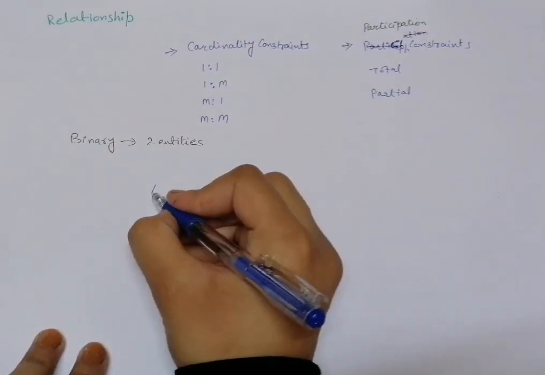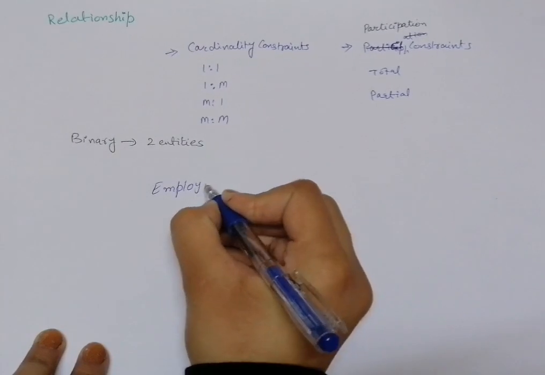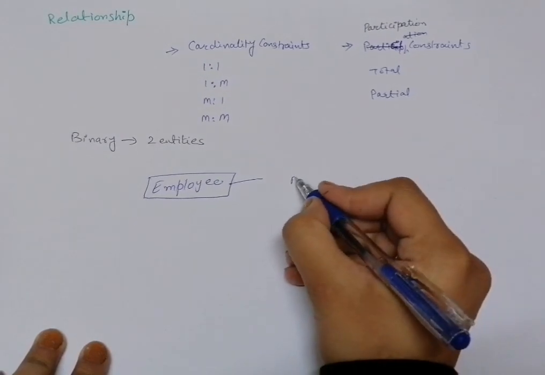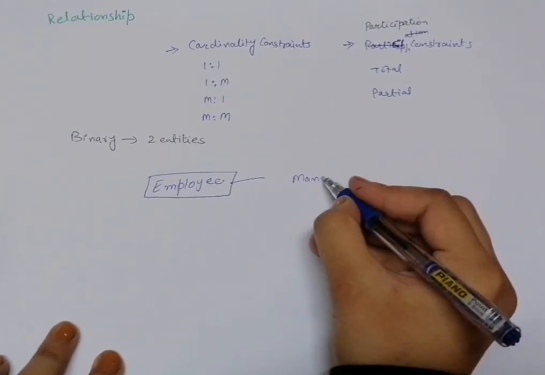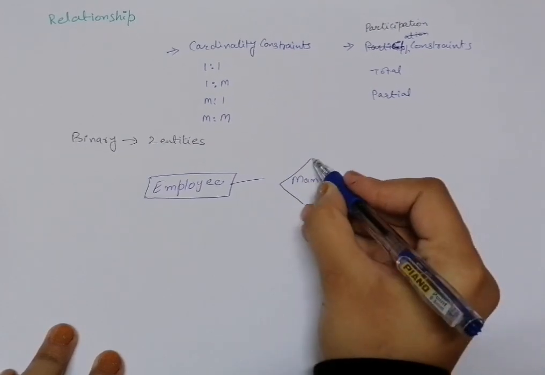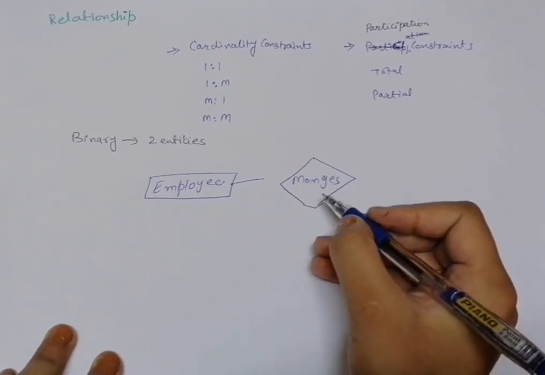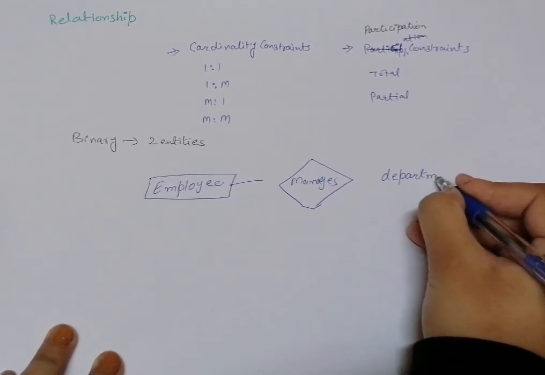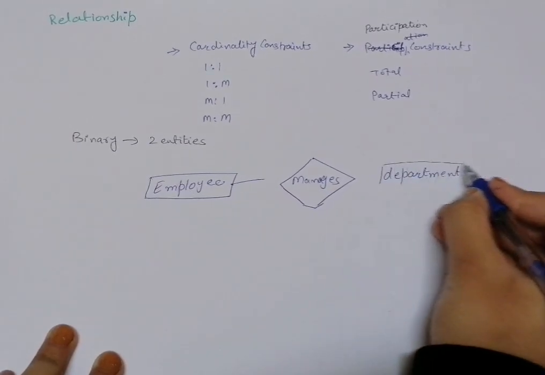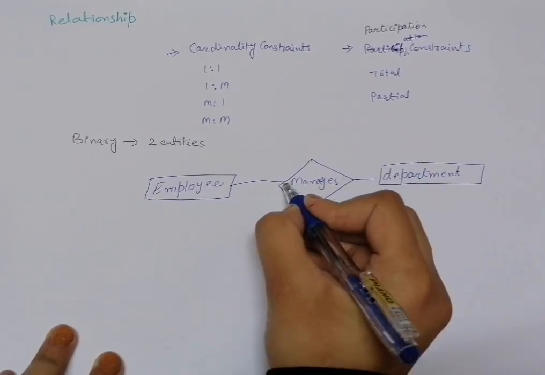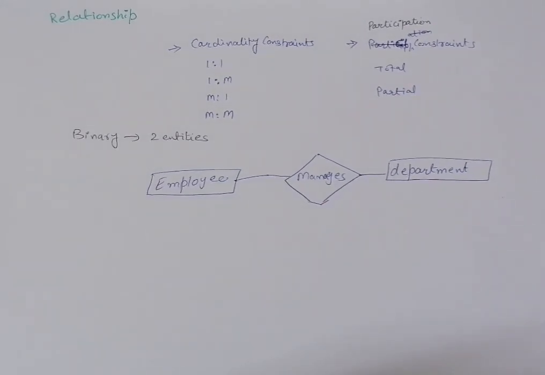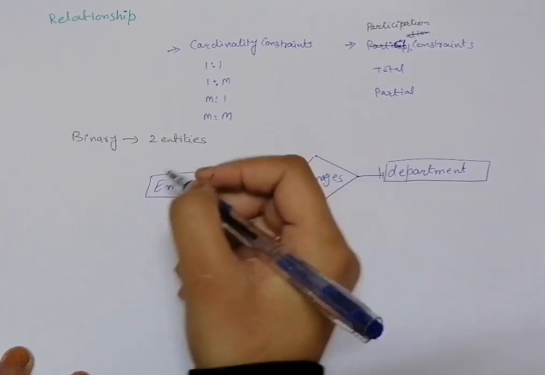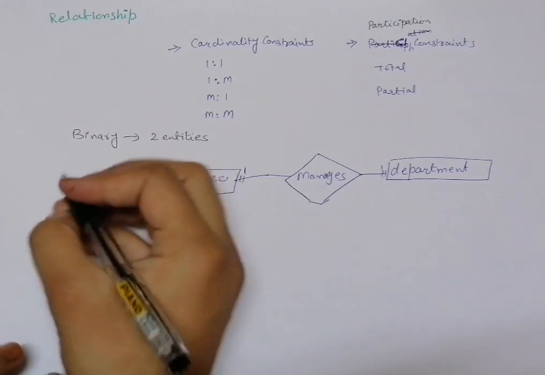Let's say I have an employee as an entity, and let's say the role it is playing is that of a manager. So employee manages, okay, let's say a department. Okay, this is binary. And what is the cardinality constraint over here? 1 to 1. One employee is managing one department. So if I draw it, it would be something like this. So what we are discussing over here is a binary